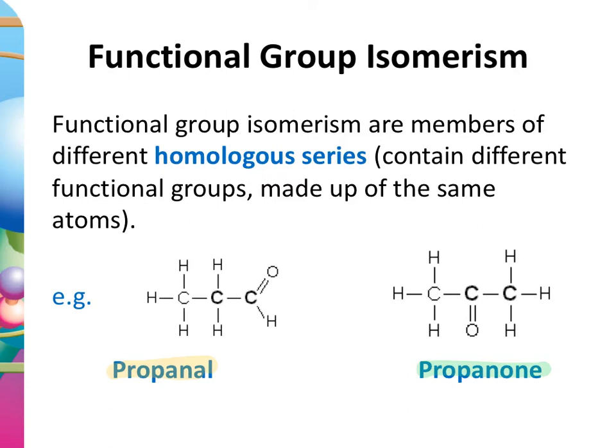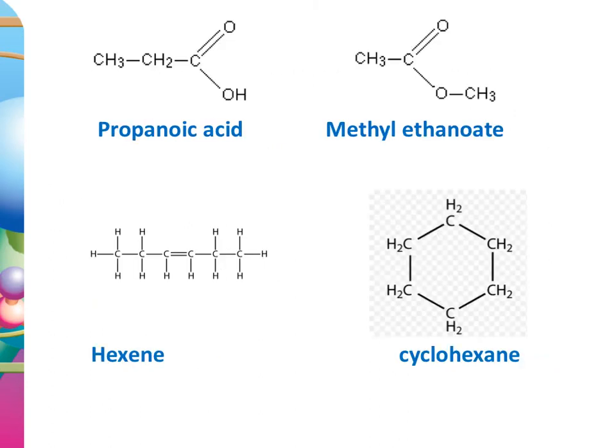And then another pair: a carboxylic acid, something like propanoic acid, whose functional group isomer is going to be an ester. There might actually be more than one type of ester it could be, so this could have been ethyl methanoate, for example. And then the one that proves to be much more common in exams,